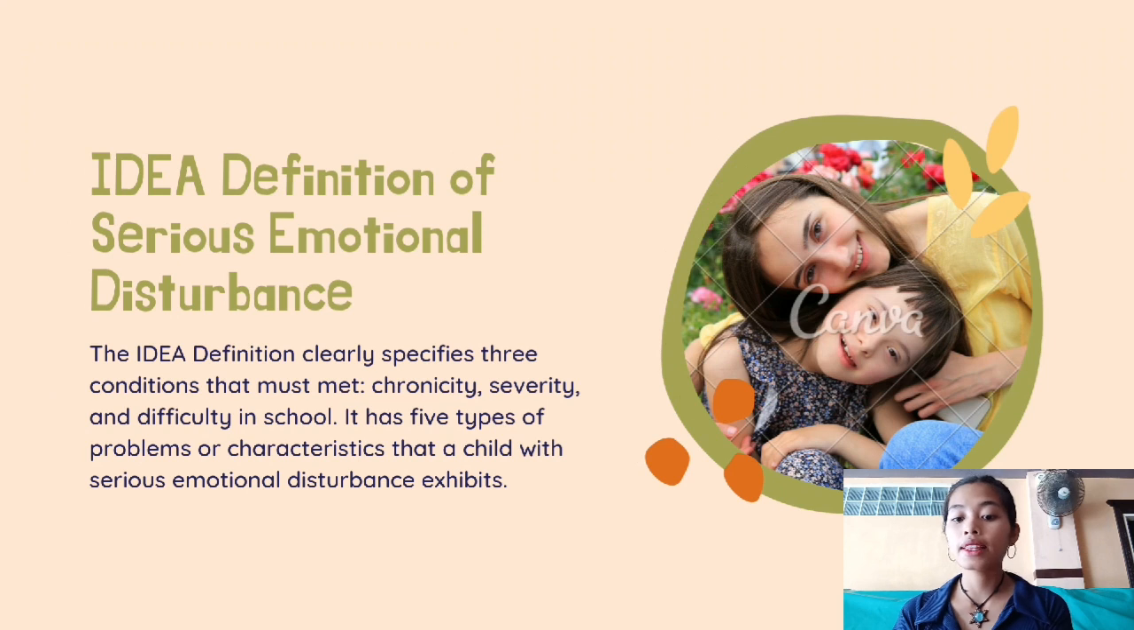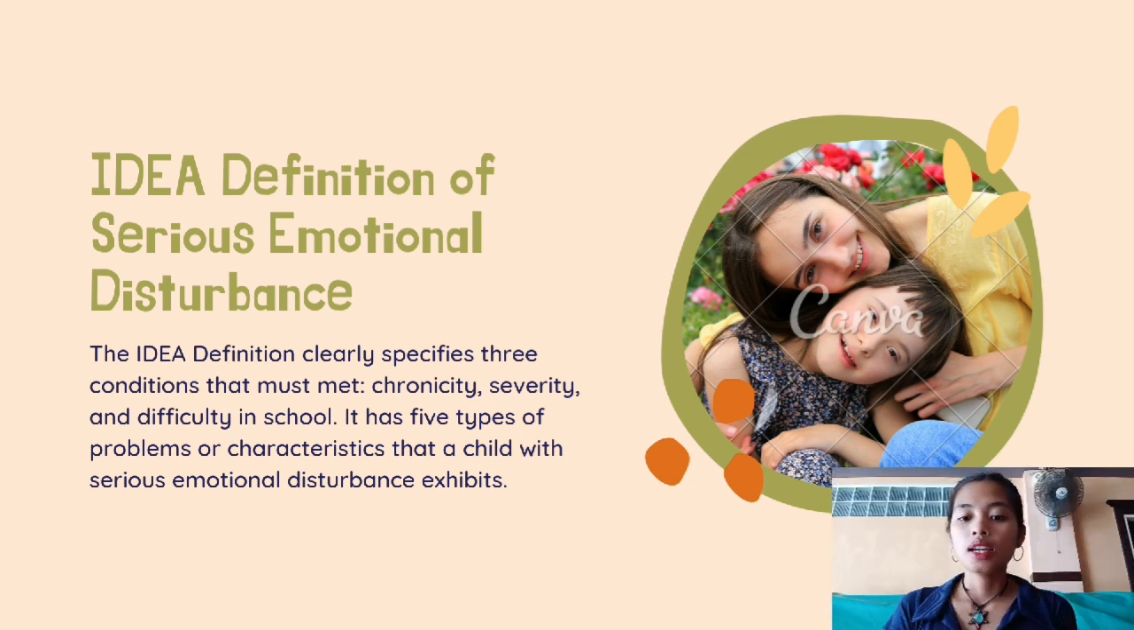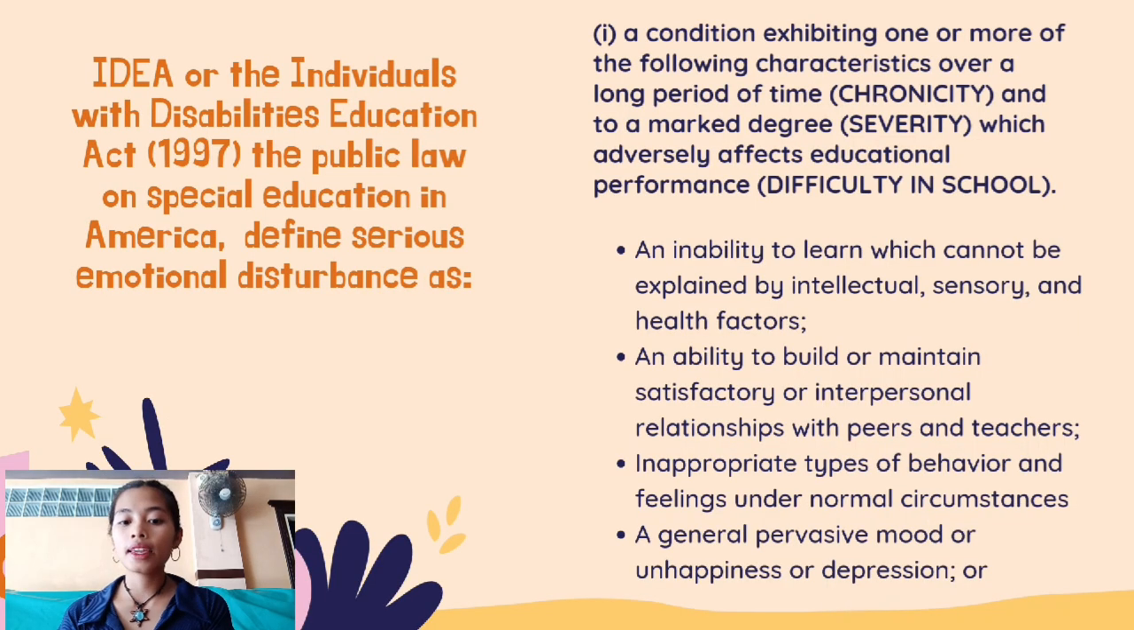So let us proceed to the IDEA definition of serious emotional disturbance. This is according to Howard 2003. The IDEA definition clearly specifies 3 conditions that must be met: chronicity, severity, and difficulty in school. It has 5 types of problems or characteristics that a child with serious emotional disturbance exhibits. The IDEA, or the Individuals with Disabilities Education Act of 1997, the public law on special education in America, defines serious emotional disturbance as a condition exhibiting one or more of the following characteristics over a long period of time, or the chronicity, and to a marked degree, or severity,